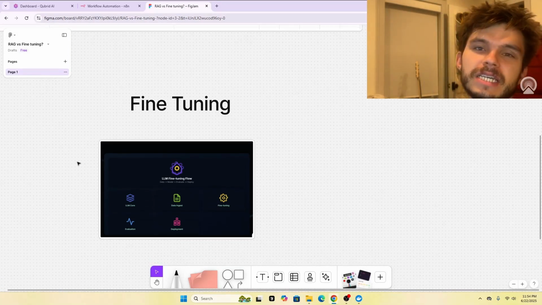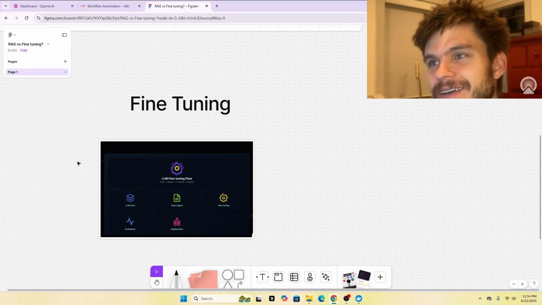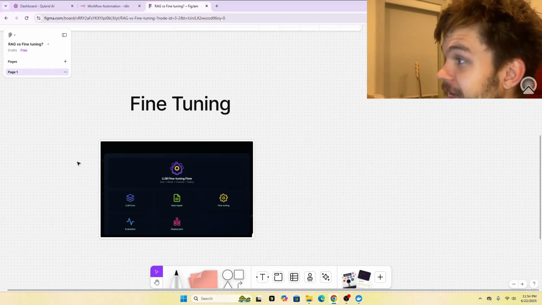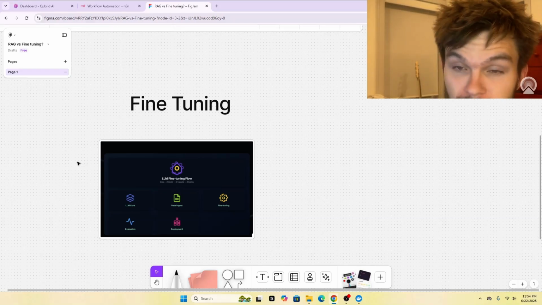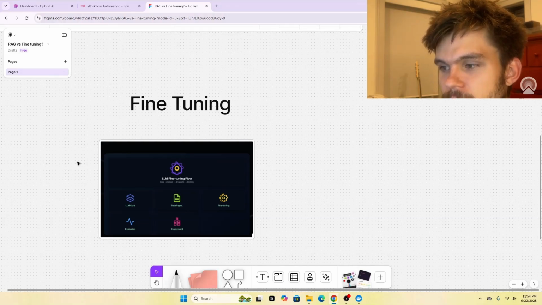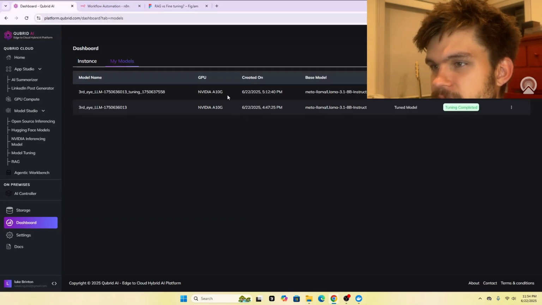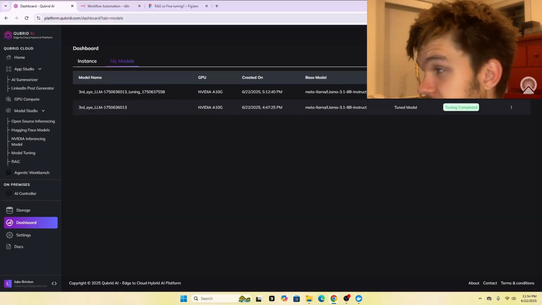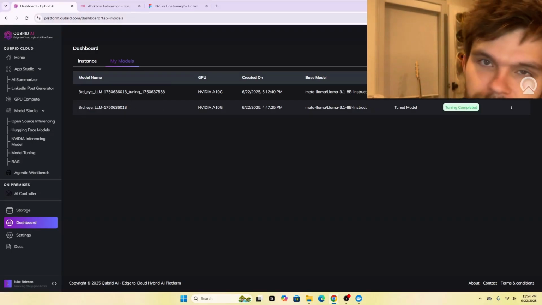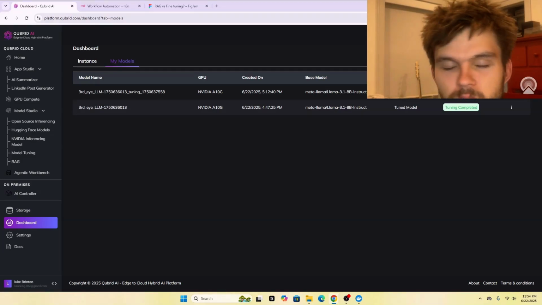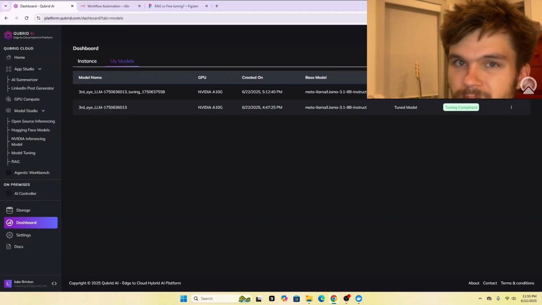Now, fine-tuning is a little bit more complex, because it requires one of these machines that I got, which has an RTX 4800, and you need a lot of power and money to fine-tune something. In my personal experience, this is the model that I was fine-tuning, and I literally had to stop it because it was just eating away my money. But it was a really good experience on when to use what, because I think a lot of the time